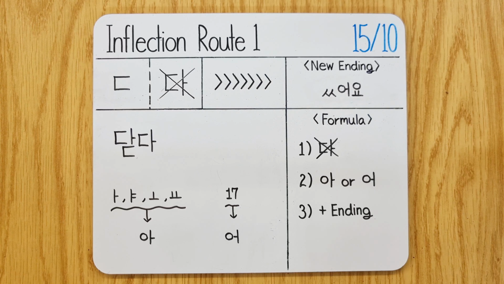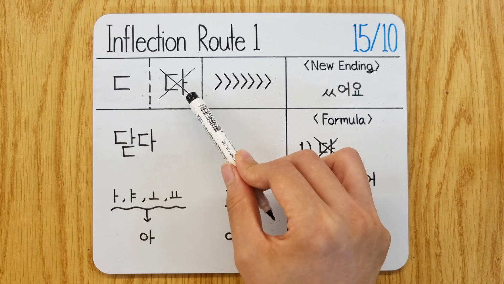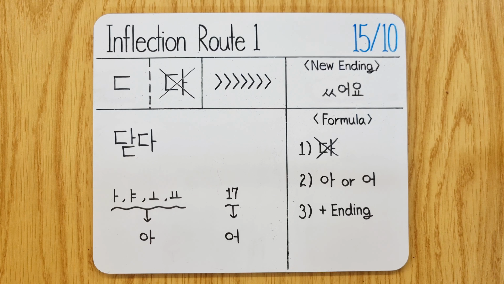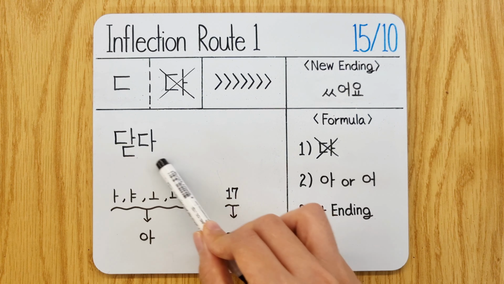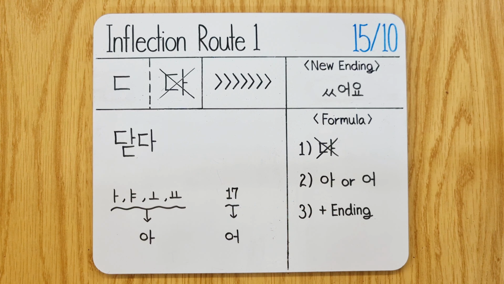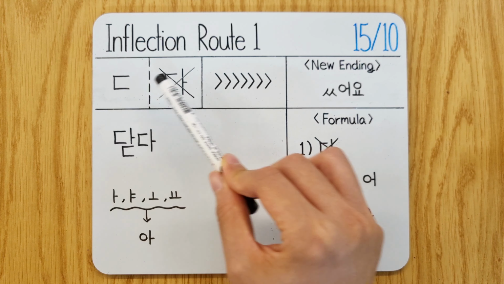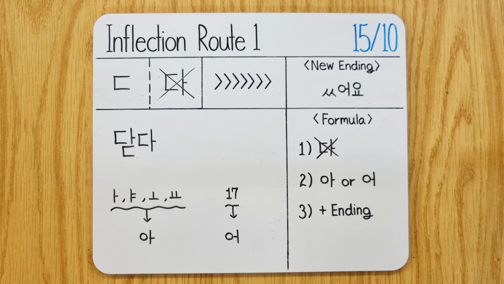The next situation within inflection route number 1 is when a display form ends with the D consonant once ta is removed. For example, 닫다, which is the display form of the verb close, when you close a door or a window, for example. For the most part, when a display form ends with the D consonant, once ta is removed, you will apply